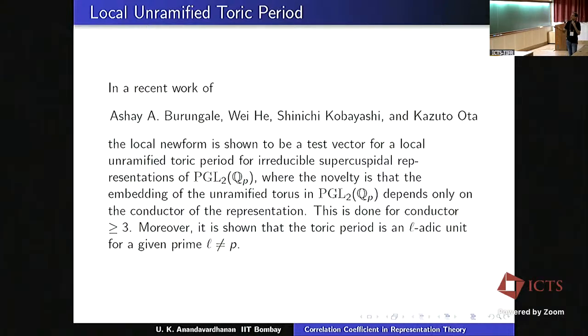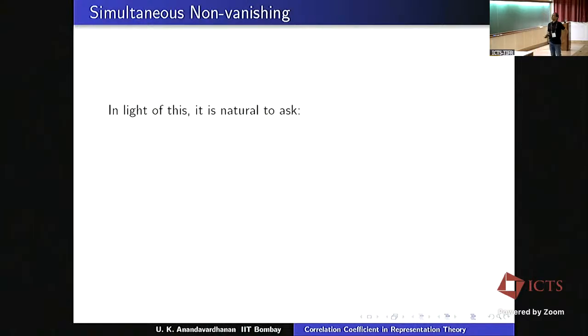Moreover, it is shown, and they stress that this is important for them, that this toric period is an L-adic unit for whatever L you give, which is not P. You can choose the embedding in such a way that it's an L-adic unit and works uniformly for all representations with a given conductor. So in light of this, it is natural to ask,